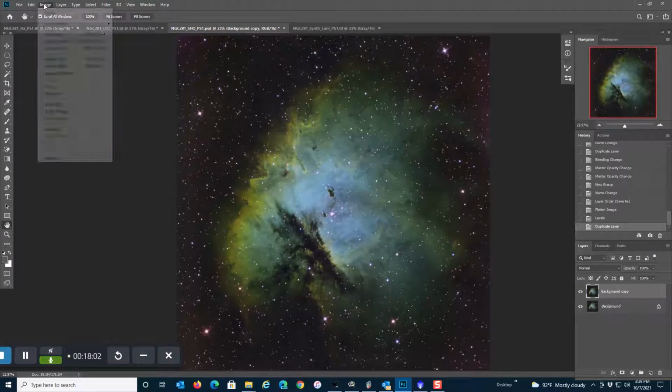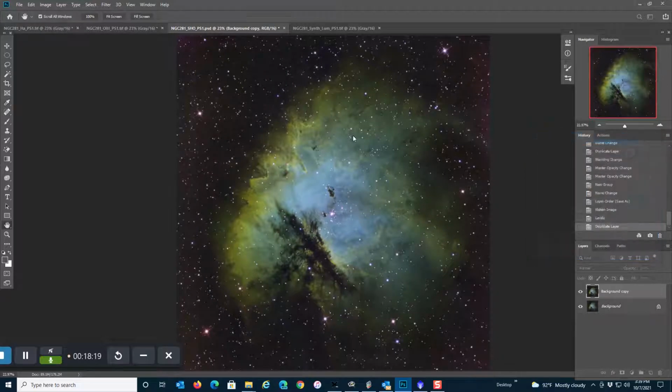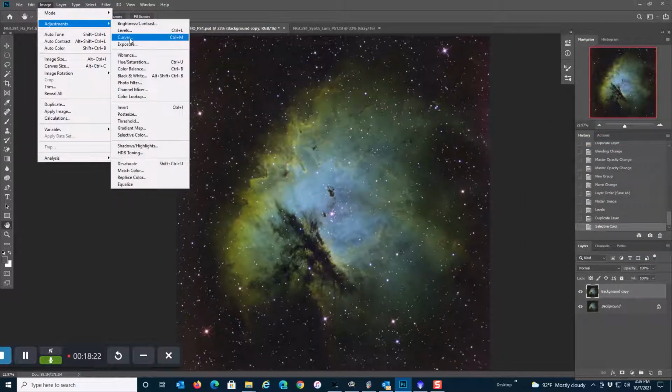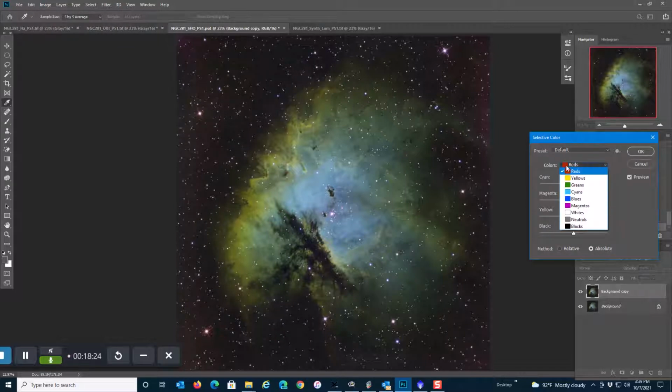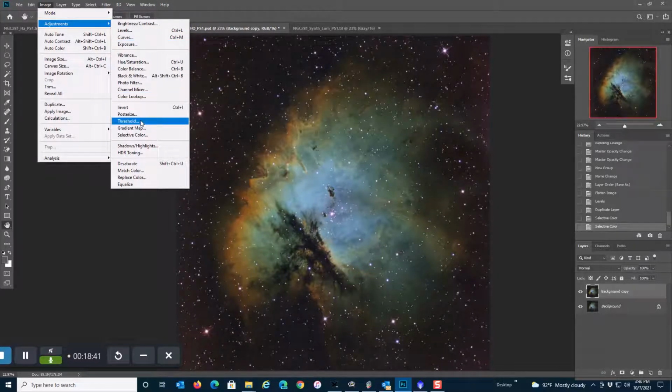So the first thing I do is Image, Adjustments, Selective Color, and then I'll work on the green channel and take cyan to minus 100 and magenta to minus 25. Okay, and then Image, Adjustments, Selective Color. Now I'm going to work on the yellow channel, with cyan minus 100 and magenta plus 25. Click OK, and then Image, Adjustments, Selective Color,